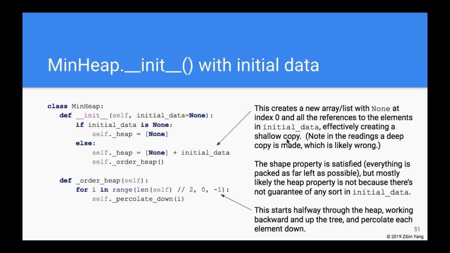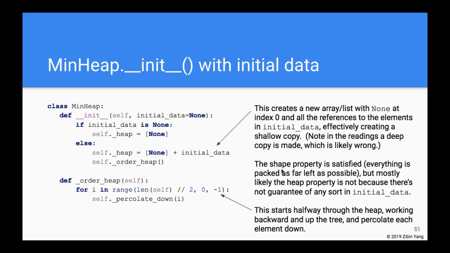Okay, so this is just a shallow copy, and I also want to point out here, I think in the readings the code was to make a deep copy, and I don't think that's correct, although I'll have to confirm it with the original author of the reading. Okay, and then once we put everything in our array that represents the heap,